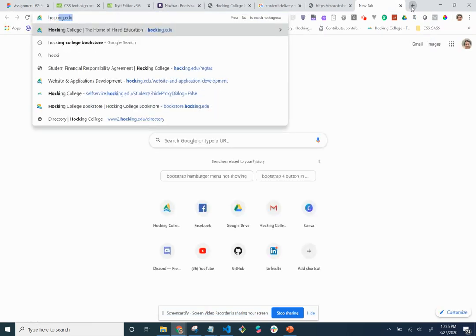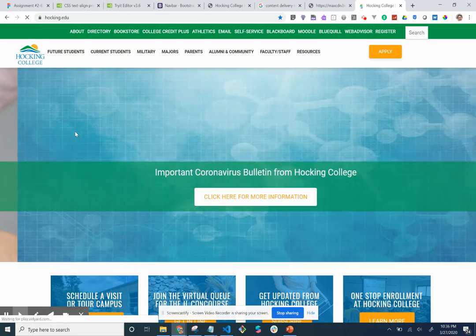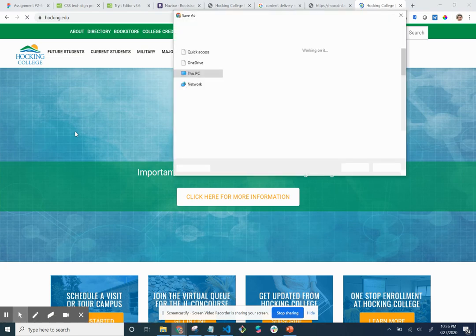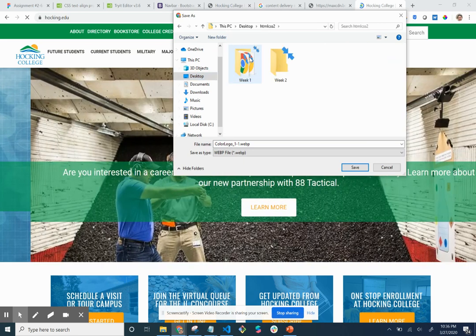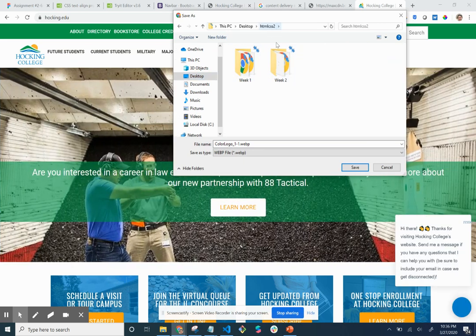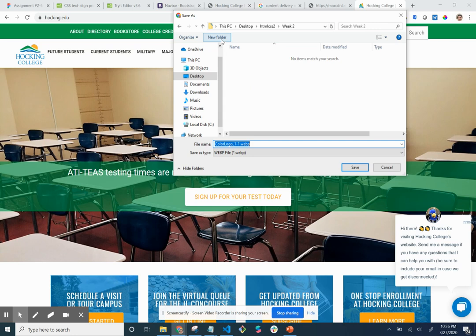Let's go to Hocking College. There. And let's go to the logo. Right click on the logo, save image as. And we want to go to where we have all of the stuff in. There's the HTML, CSS2, week 2. We're going to click on that, and we're going to create a new folder called images,